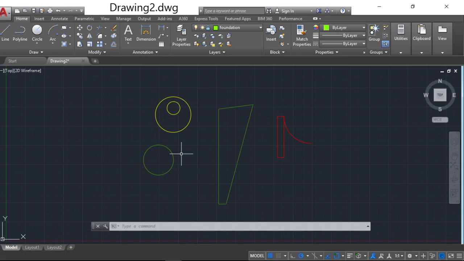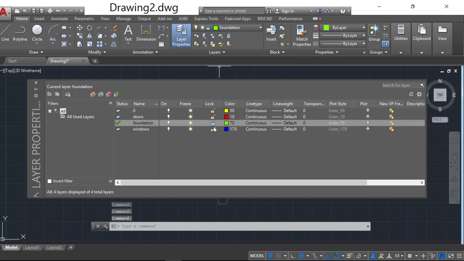We use this locking feature while drawing complex drawings, where we need to lock several objects. If you perform the locking operation, accidental editing of those objects is not possible. You cannot perform any accidental editing operation on those objects, on that layer. So that is about locking and unlocking. Here you can differentiate different layers by assigning different colors.